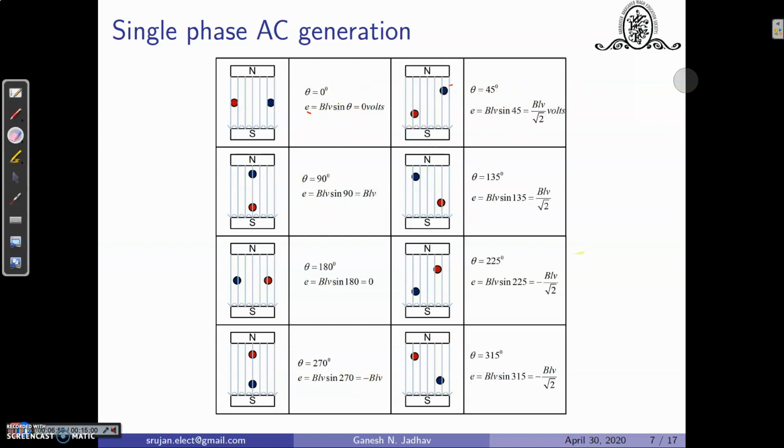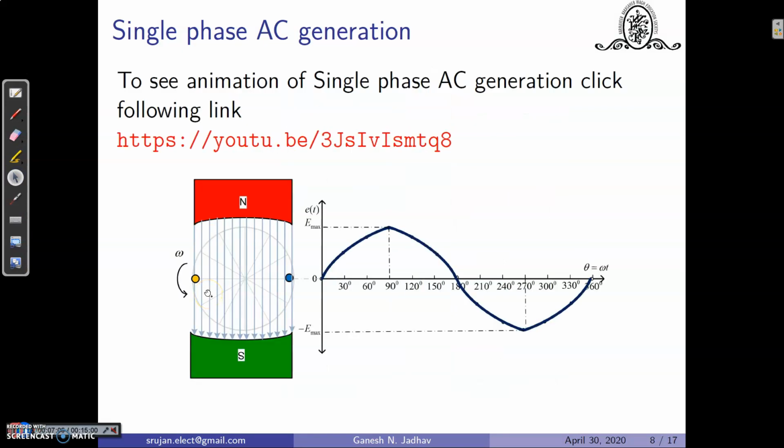If we plot the graph of this, let us understand how this graph will look. If you want to see the animation, click this YouTube video which is prepared by me. That is the animated video of how the EMF is generated. This is the N pole and S pole. These are the magnetic lines of force, and a coil is placed on one shaft. This is one side and another side. It is now at 0 degree. Let it be moved by 30 degrees, 60, 90, 120, 150, 180 degrees. Likewise, it completes one revolution. So the EMF induced in this one revolution, if we plot it, you will get this type of graph.